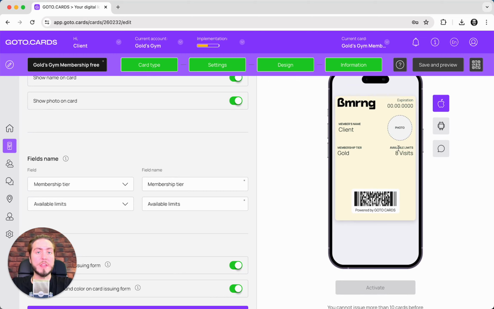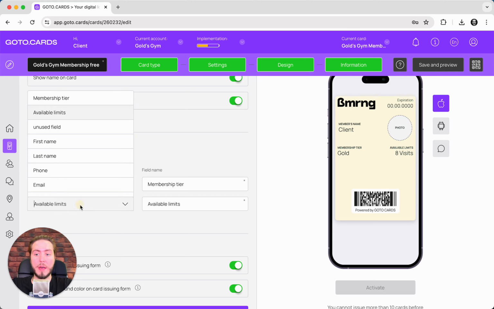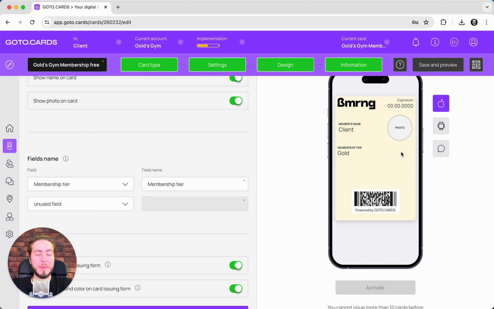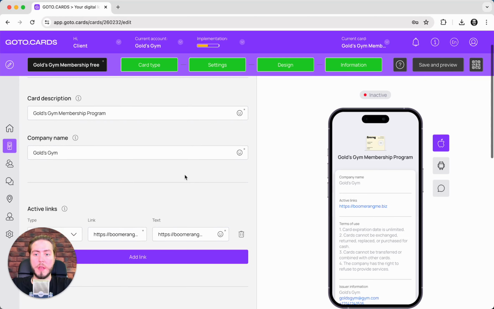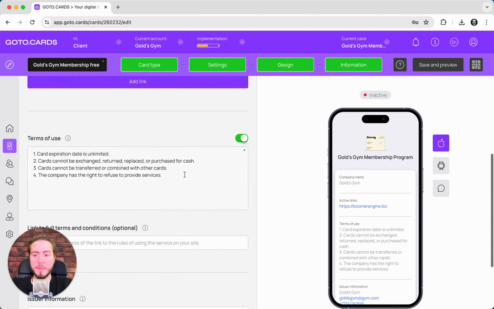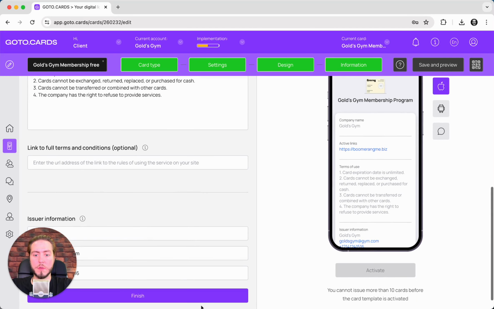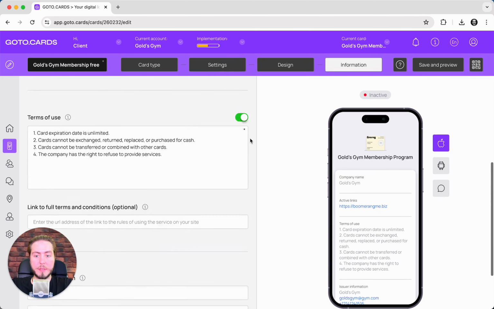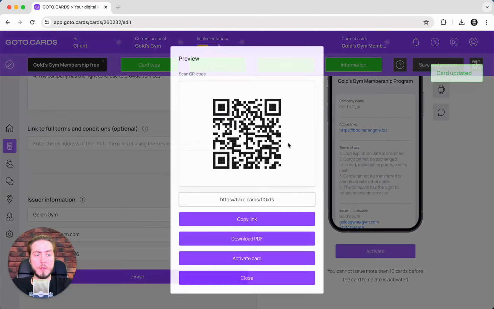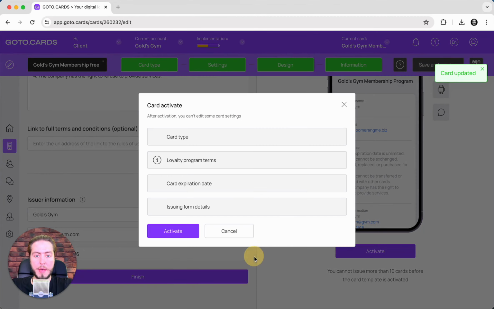Okay, we decided not to add limited features inside this plan, and this is why I think it makes sense to disable this custom field with the limits. It will disappear from the card, it doesn't make sense to track. Next one, settings, information, all looks good. Just finish the settings. Okay, well, we customized all the things and we just need to push the button save and preview, activate the card,